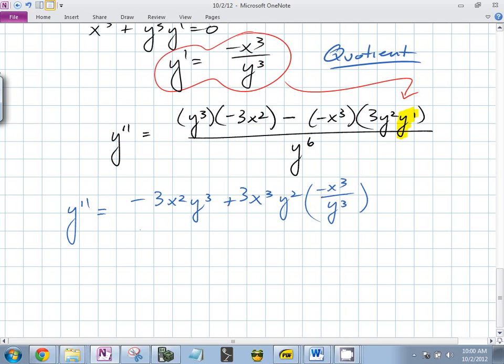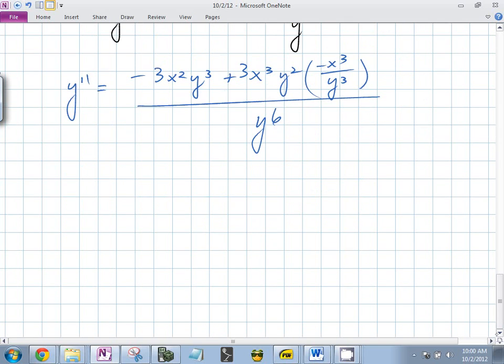If I gave this to you, that would be technically correct. I would expect you to do a little bit more simplification, not much. Y double prime is going to be equal to negative 3x squared y cubed minus what? 3x cubed to the what power? Negative 1 all over what? Y to the